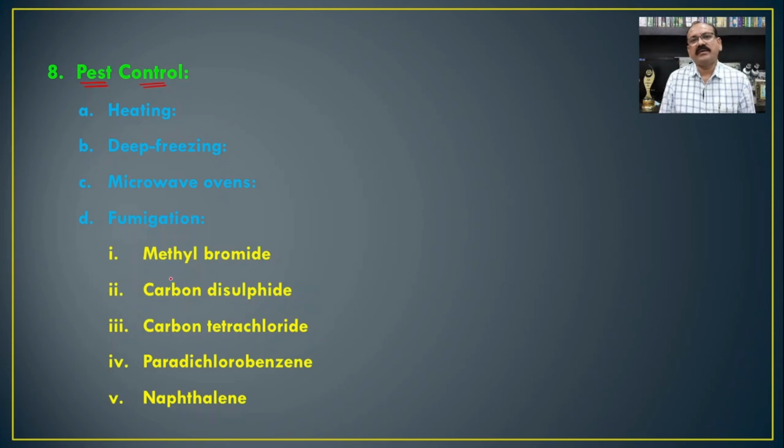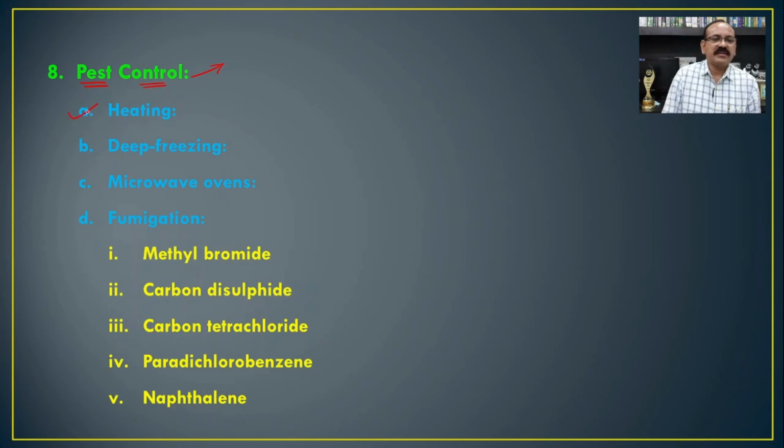silverfish is a common insect which infests dried plants. So in such cases, it is possible that this insect will spoil the collected material available in the herbarium. To avoid this spoilage of the herbarium, there is a need for pest control, and that can be carried out with the help of 4 different methods.